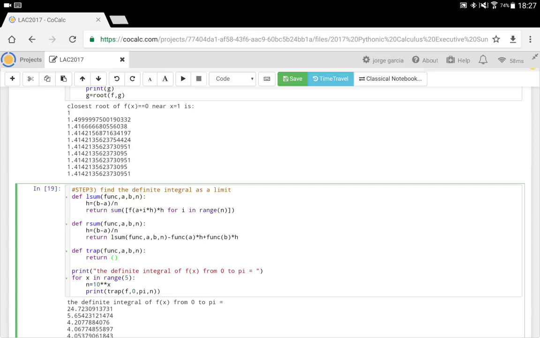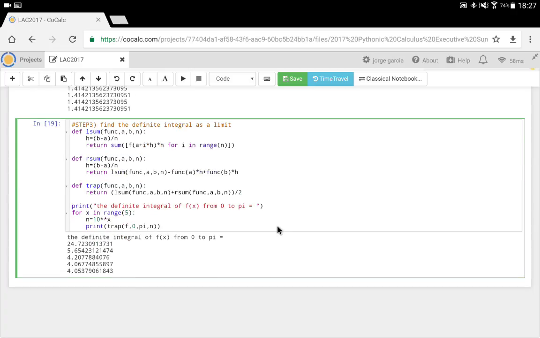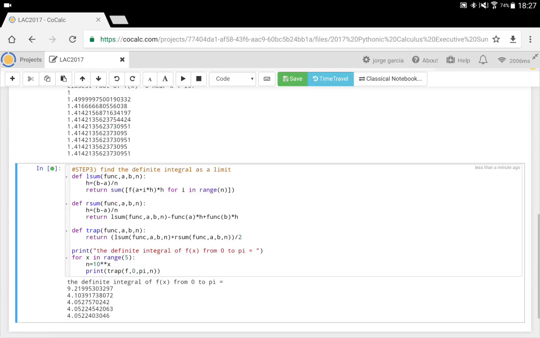So open parentheses, LSUM of your function from a to b in n plus R sum of your function from a to b in n. That quantity is divided by 2 to get the average. Okay, and I think that's your trap sum. There it is. And run it. And there you go,